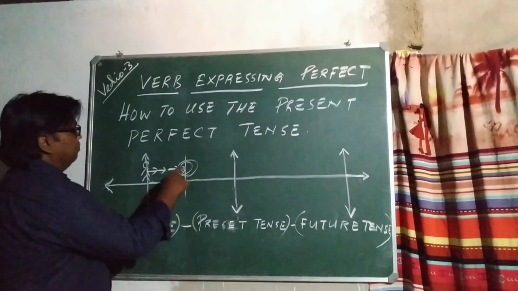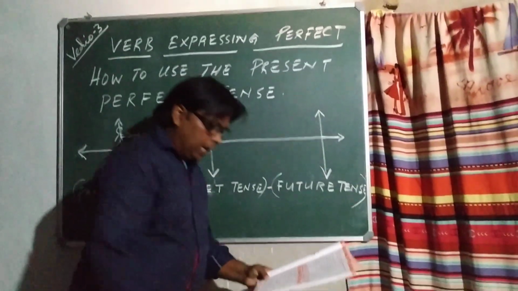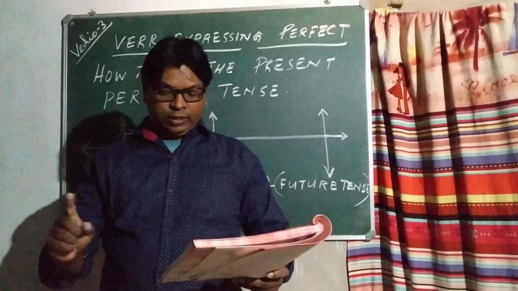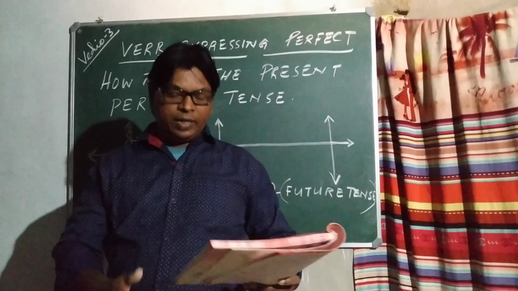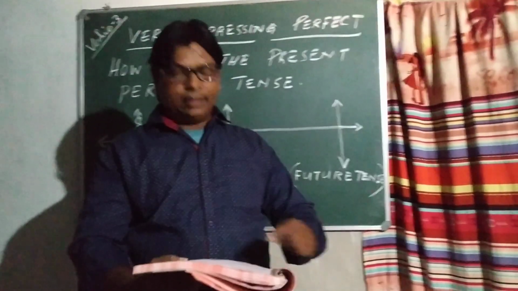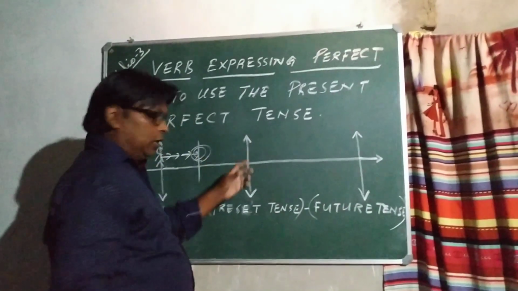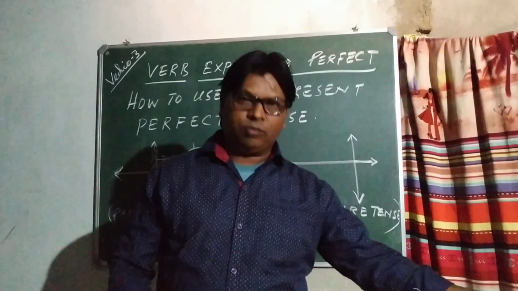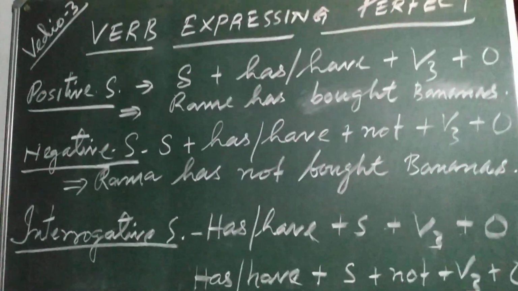Action is already completed. So that is the last point. That is, for example, I have just booked our tickets. We have just booked our tickets. That means the action that was completed in the recent past. The recent past, it is already completed just now. The action is just completed now. So these are certain points that you should keep in mind.